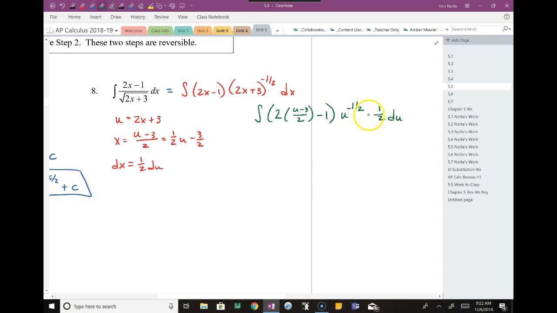Yes. Okay, I kind of think that is one of the hardest parts right there. Did everybody follow that substitution? No? Okay, so